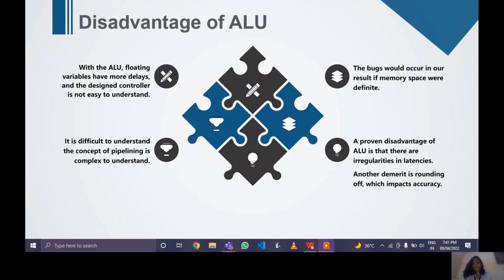irregularities in latencies, and another demerit is rounding off, which impacts the accuracy. It is also difficult to understand the concept of pipelining when we are working with the